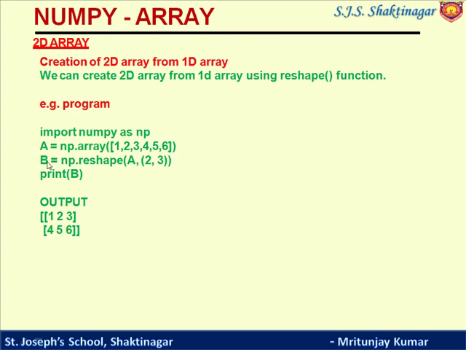And now we are getting the 2D array, that is b is equal to np.reshape function. In the reshape function we first pass the previous array as the first argument, and the second argument will give the new shape. So now we can see